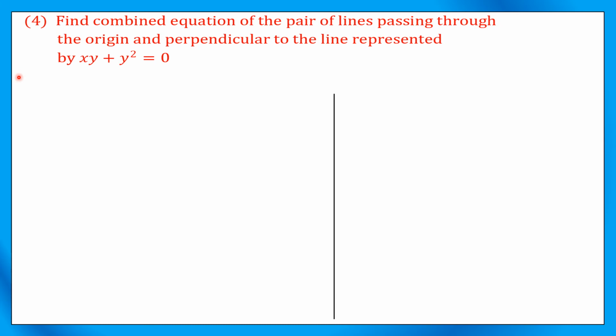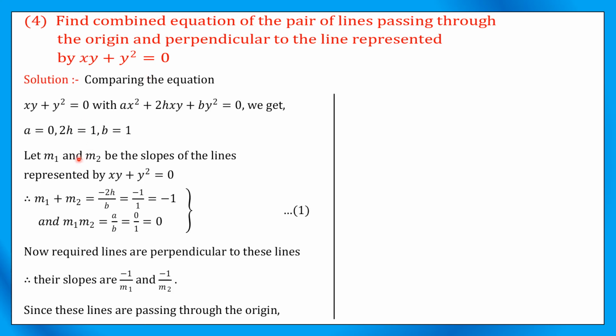Example 4. Find the combined equation of the pair of lines through the origin and perpendicular to the lines represented by xy plus y square equal to 0. Solution. Compare the equation xy plus y square equal to 0 with ax square plus 2hxy plus by square equal to 0, we get